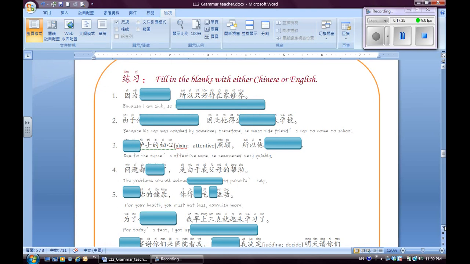So please make sure you complete any blanks or any exercise section from page 1 to 5 before you come to our next class. 谢谢，下次见。